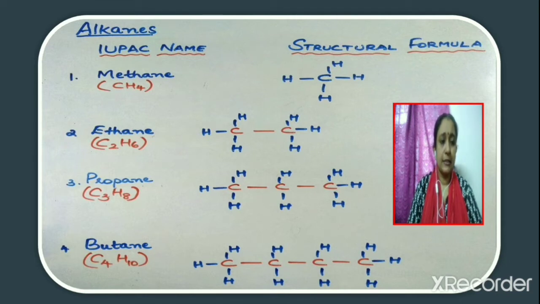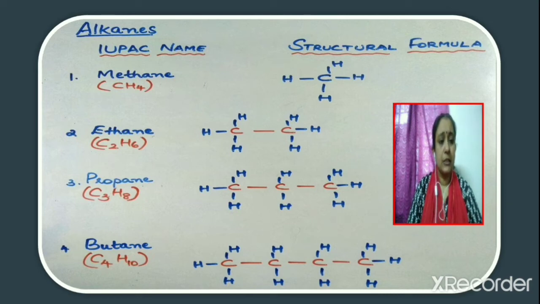Now consider the other carbon. One of its valencies is satisfied since it is bonded to the first carbon atom. So here in this case also, we need to add 3 more hydrogen atoms to the second carbon. So that is how we get the structural formula as CH3-CH3. 3 hydrogen atoms should be added to both the carbon atoms. And in order to write the structural formula, we have to show all the bonds, that is the bond between the different carbon atoms as well as the bond between carbon and hydrogen.